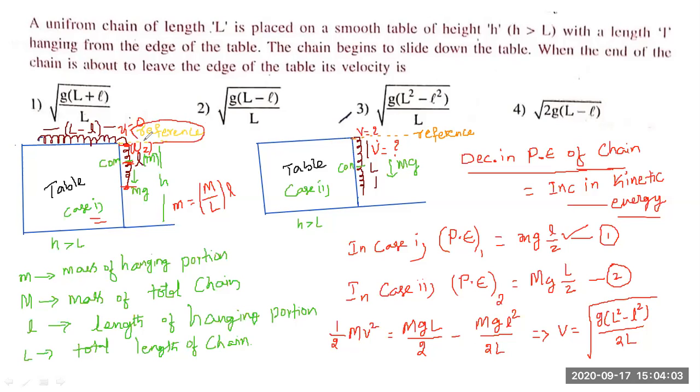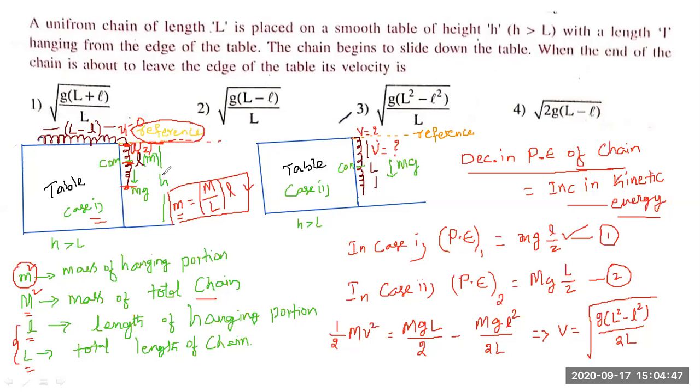Because, guys, for measuring potential energy, we require one reference. Here, I took the surface of the table as the standard reference for solving the problem. Right, students? And consider capital M is the total mass of the chain and small l is the hanging portion. Capital L is the total length of the chain. No doubt small l and capital L are as given in the problem, friends. But small m and capital M we have assumed. And according to the problem, friends, mass is uniformly distributed throughout the chain. Therefore, we can write small m as capital M by L into small l. So this is the way I'm taking the small m value initially, at the moment of starting to slip.